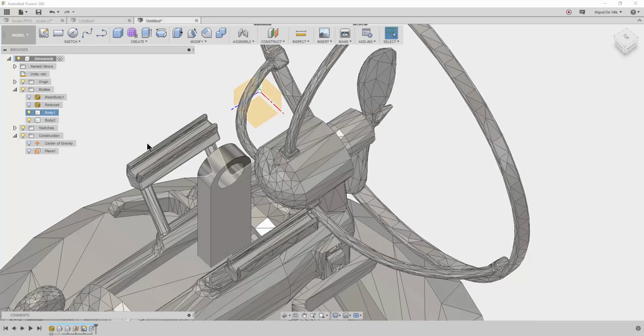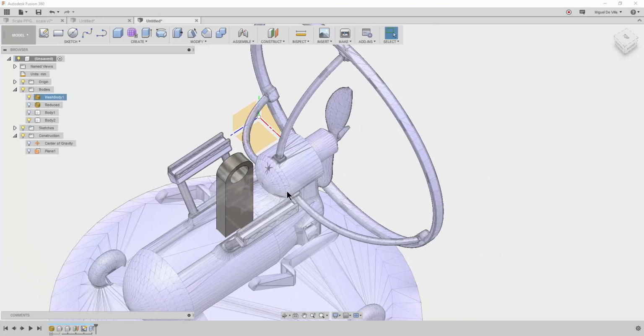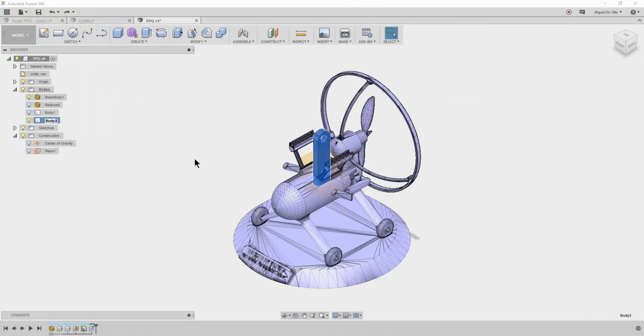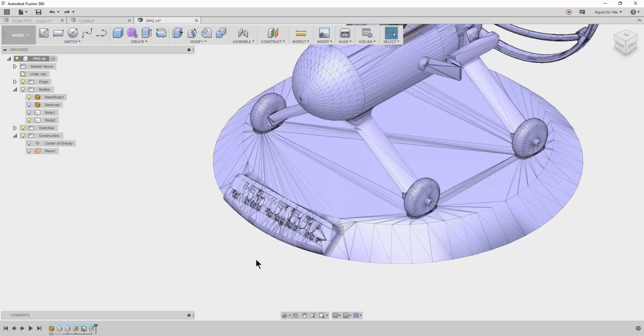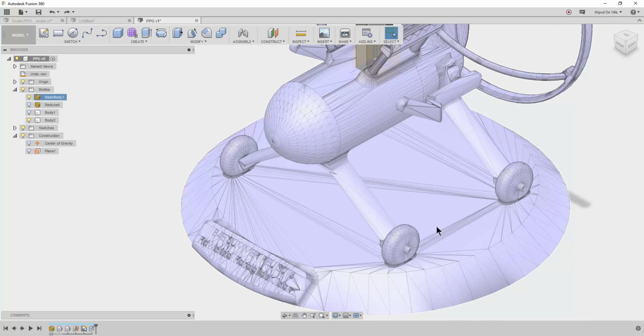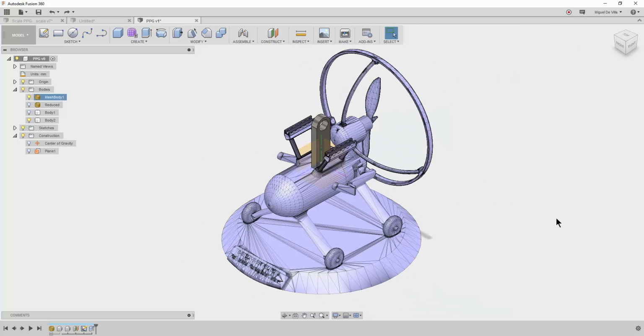And now, just hide some of these features. We have our original mesh body right here, our CAD feature. Okay, so we're almost done. We have our handle that we made in CAD, and at this point you may see fit to include other CAD features like a redo of this nameplate, patterns all along this base here. There's really no end to what you can do in the modeling workspace, rather, prior to